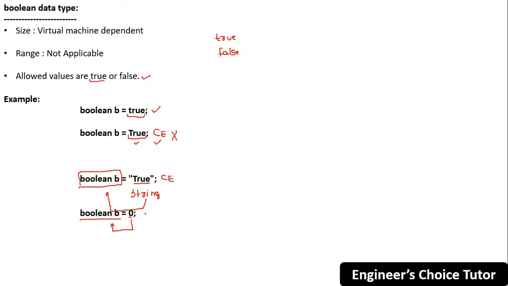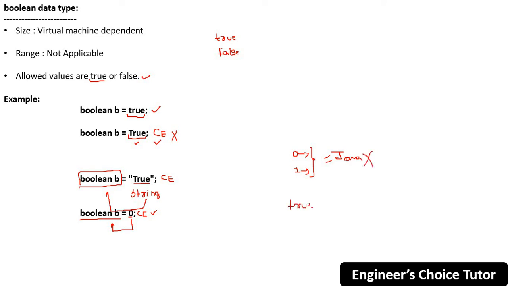Is it going to work out? No, you will get compile time error. Right? It is not the C programming language where 0 means false and 1 means true. These concepts are not applicable in Java. Remember this point. In Java,